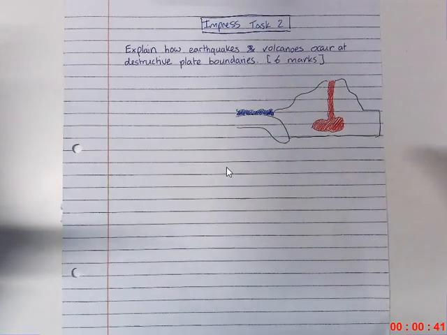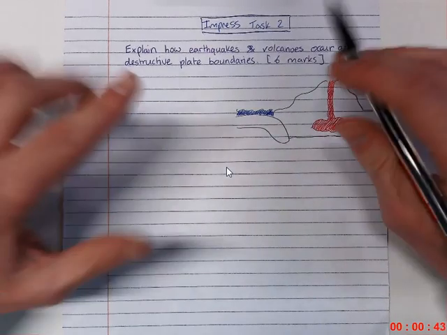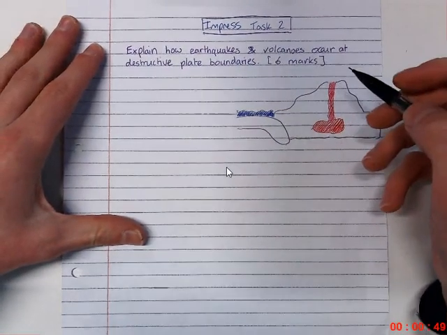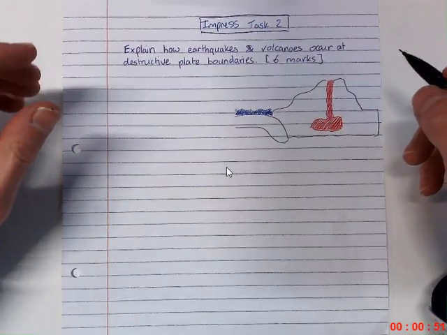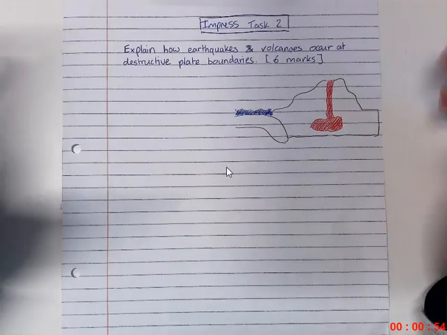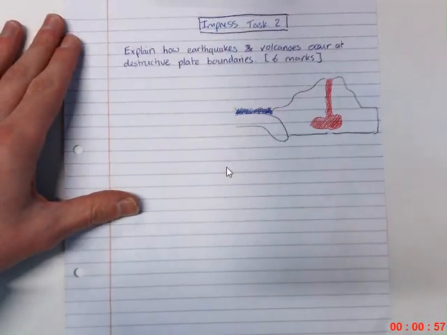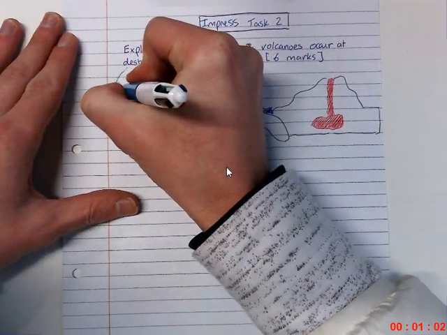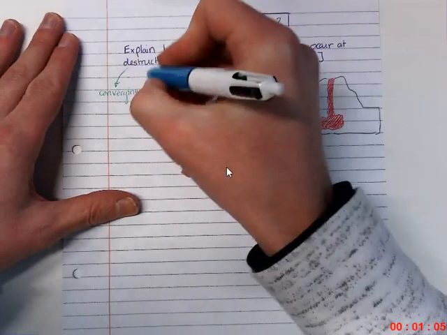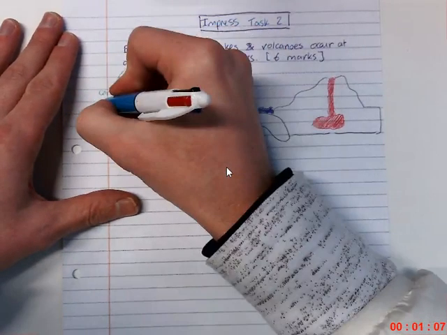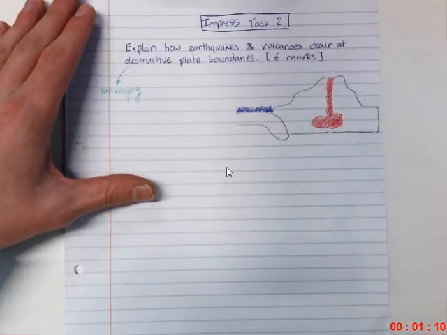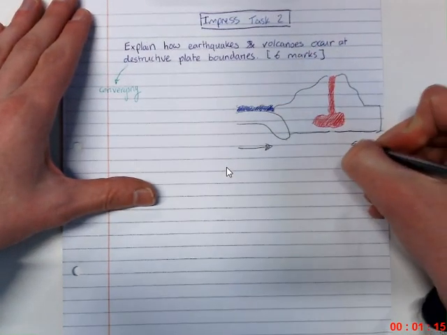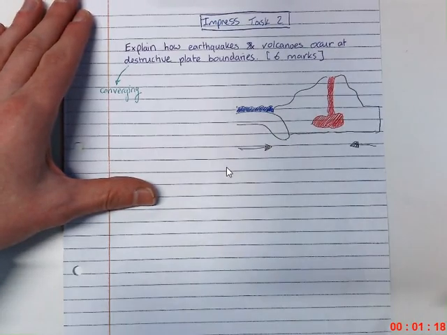And maybe I might mention a couple of other features that you will find at this type of plate boundary. Of course, we know that this is a destructive plate boundary, and another way of saying that is a convergent plate boundary. Just draw a line away from our destructive plate boundary here. If you wanted to mix up the vocabulary, converging means that something is going towards something else, so it's a converging or convergent plate boundary. Now we can draw our arrows for the direction of the movement of the plates, and down here in what I'm going to do as kind of